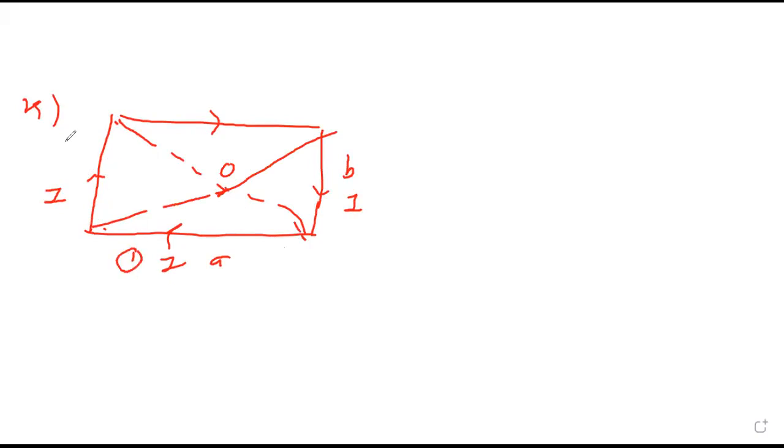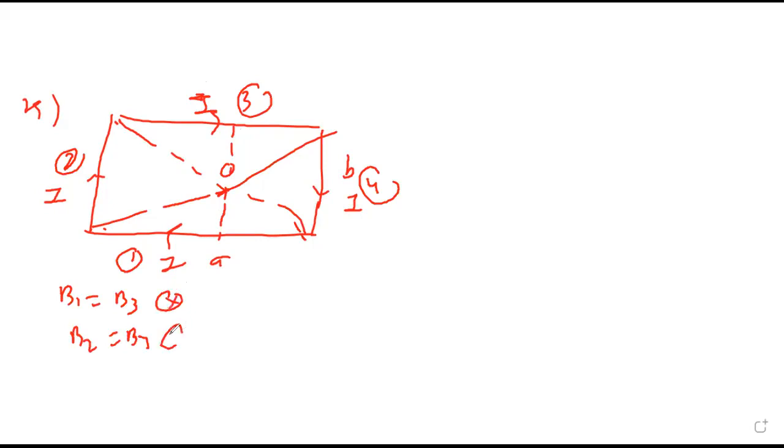This first one and third one will have the same field or a different field? Same current, same length, same distance, so the same magnitude. So B1 and B3 will be the same, and B2 and B4 will be the same. All are acting inward because the current is clockwise. So the net, can I say, is 2 times B1 plus 2 times B4?